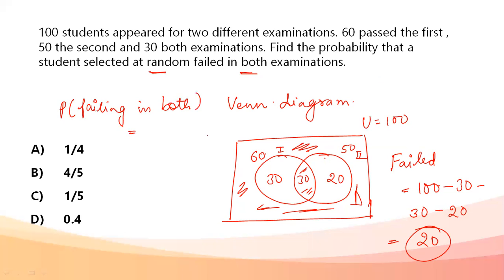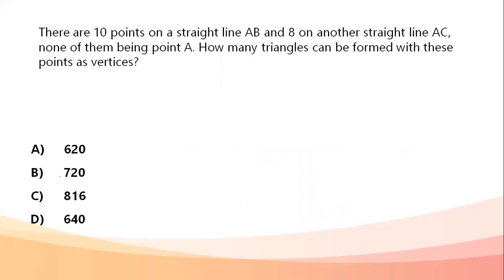It becomes those who failed in both, 20 divided by, what is the total, is 100. My answer becomes 1 by 5, option C. Very simple, could be done using a Venn diagram, not at all difficult, becomes 1 by 5, that is 0.2. Okay, next. There are 10 points on a straight line AB and 8 on another straight line AC, none